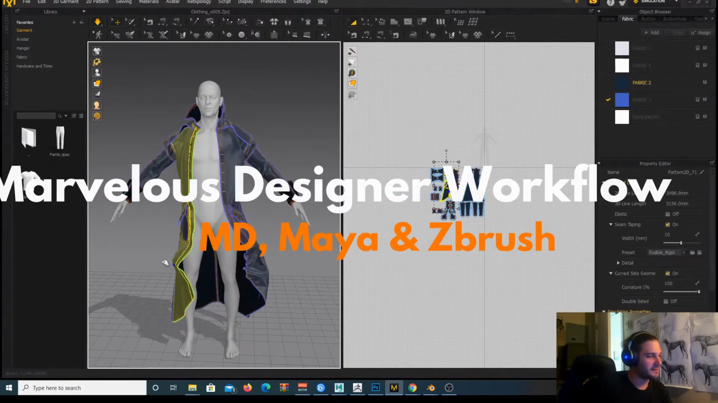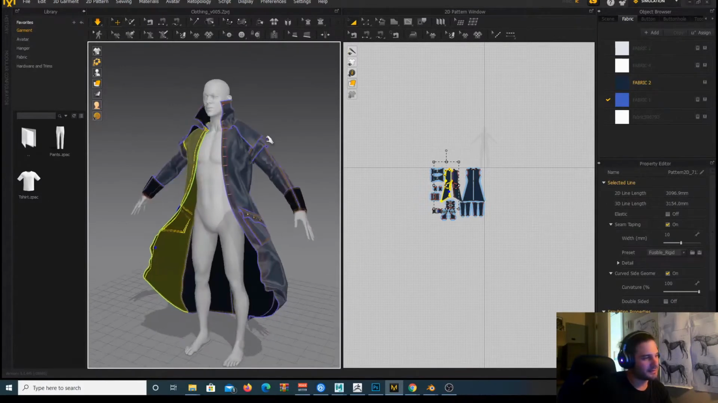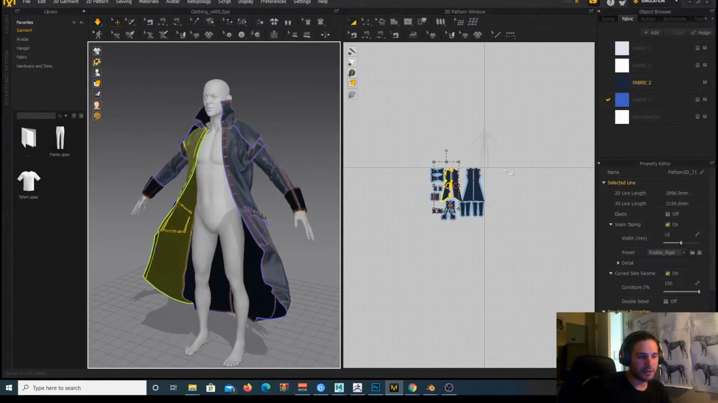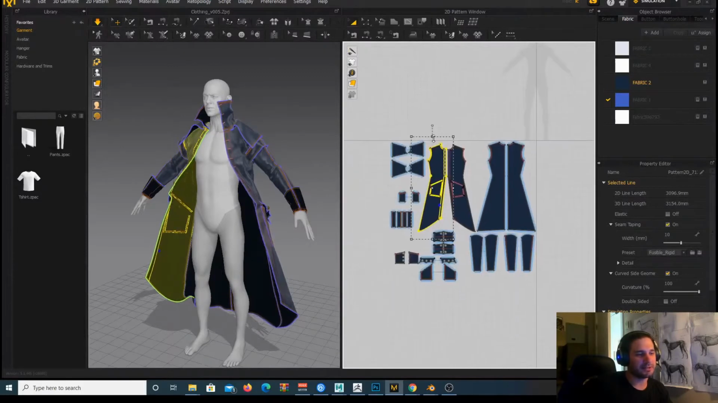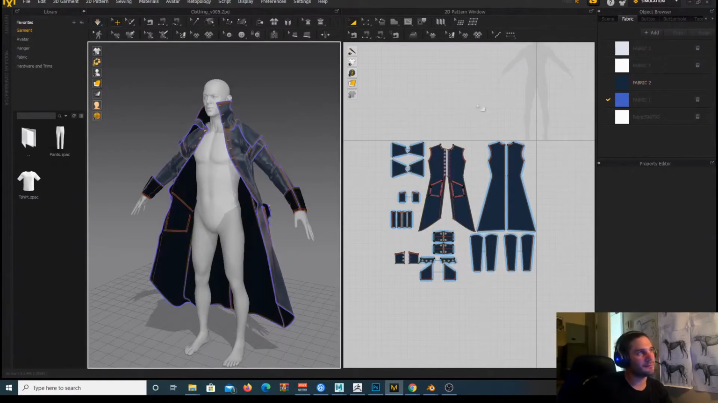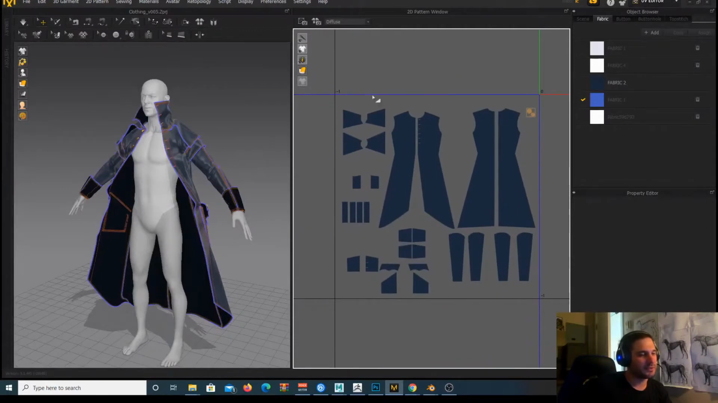So everything moves, looks nice, works. We have UVs for this jacket, so you guys can see that we have the patterns I did. And let's stop the scene. And if we go into the UV editor, we have UVs, right? So this is very important,